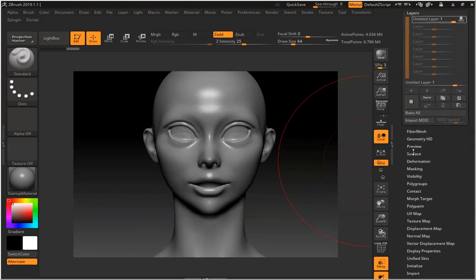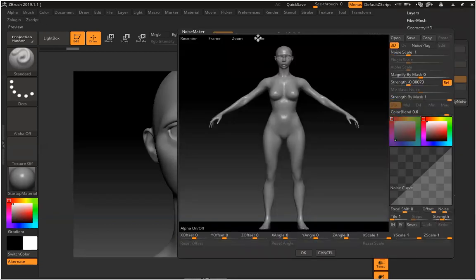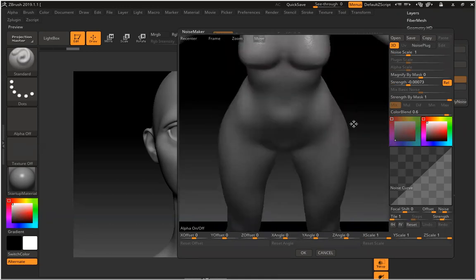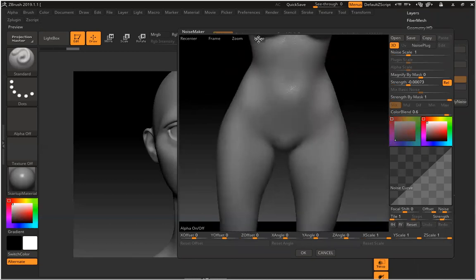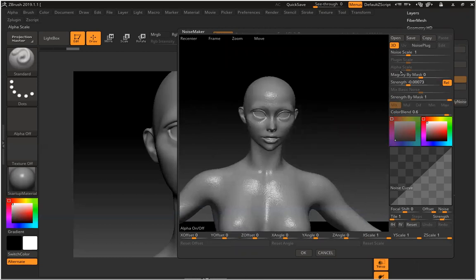So let's create surface, because our skin is not flat. I'll add a little noise. Let's zoom. You can see it's pretty dense and way too much, so I'll scale it and make it small.